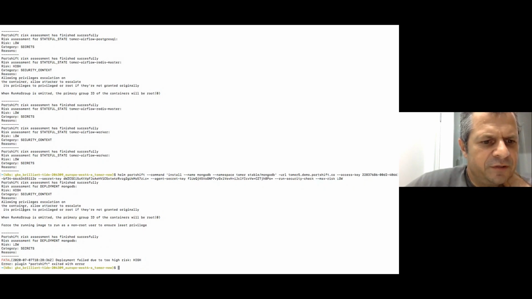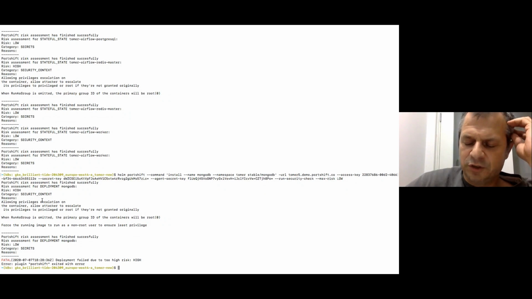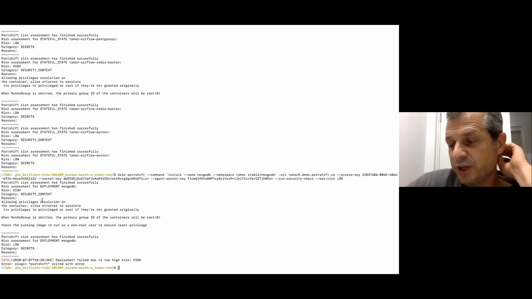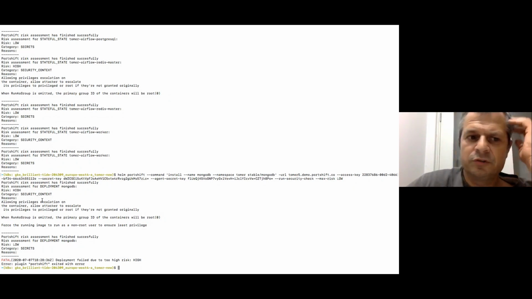In this case, we have a high risk because, again, privilege escalation is on. A user can escalate privileges and become root if it's deployed like that, without modifying the security context and changing the privilege escalation to false and preventing it from deployment.